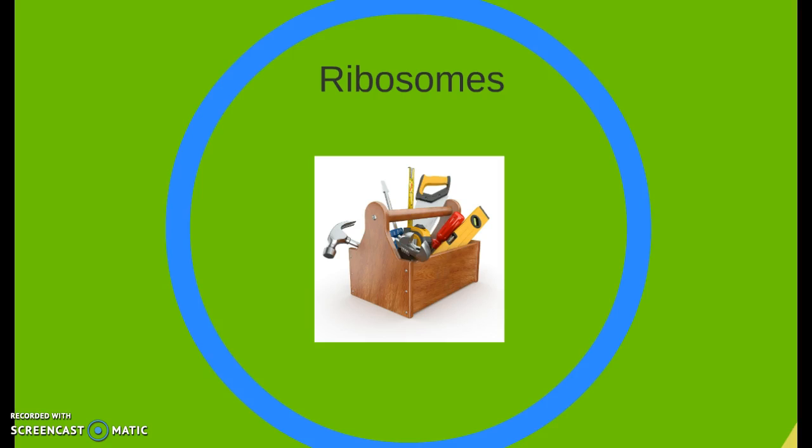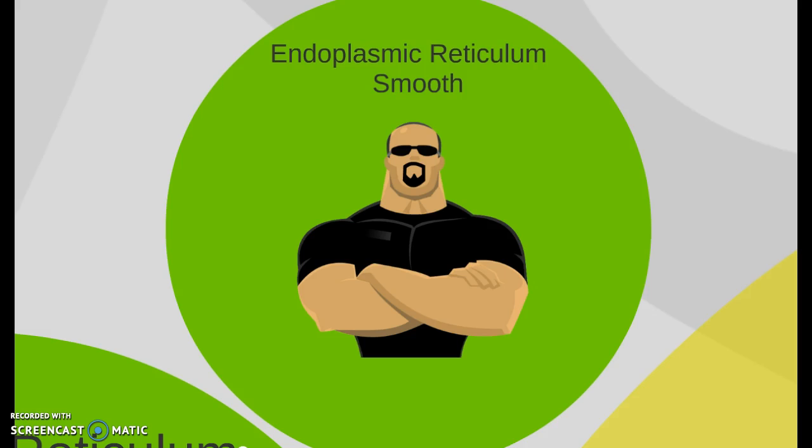Ribosomes are like the tools of the house because they are used to build things. The ribosomes in a cell are used to build proteins, which are used to break down other enzymes and have many other functions. The smooth endoplasmic reticulum is like the security guard of the house because the smooth endoplasmic reticulum